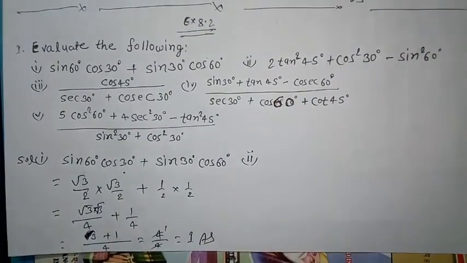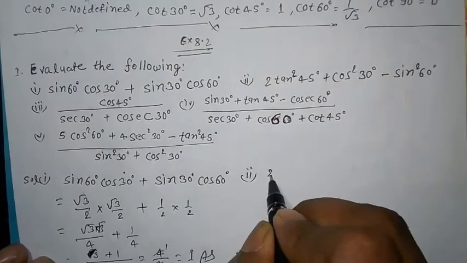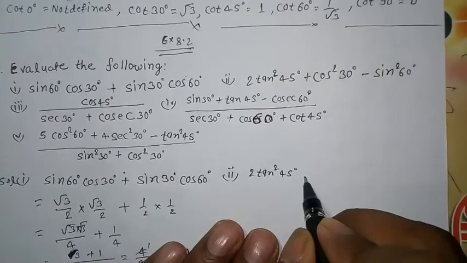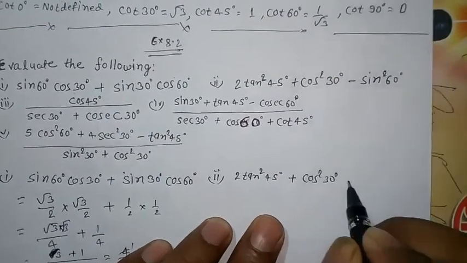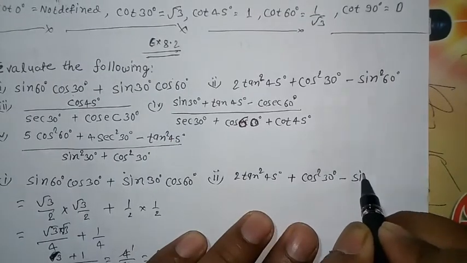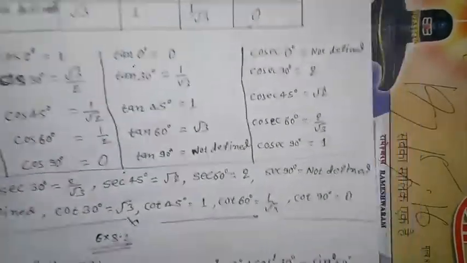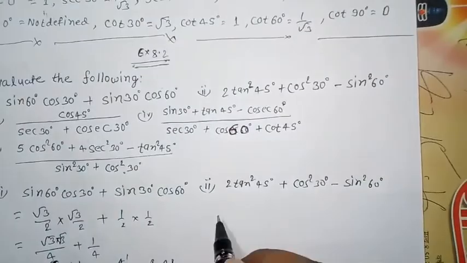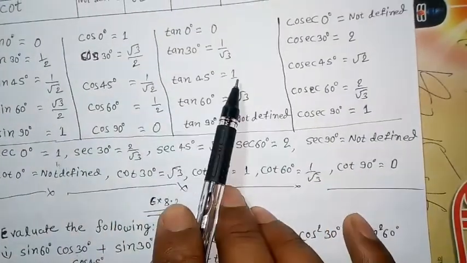Question number 2. Two tan square 45 degree plus cos square 30 degree minus sin square 60 degree is equal to 2 into tan 45. The value of tan 45 is equal to 1,